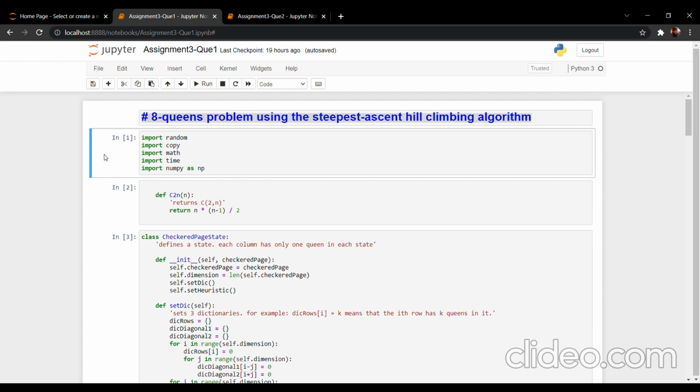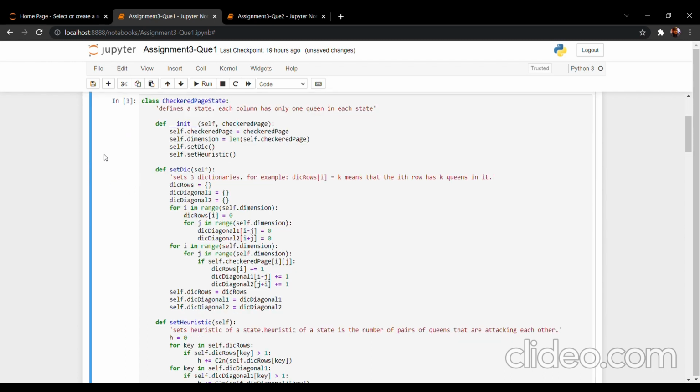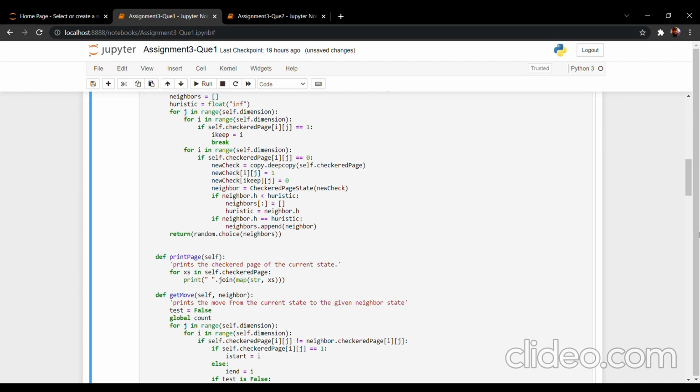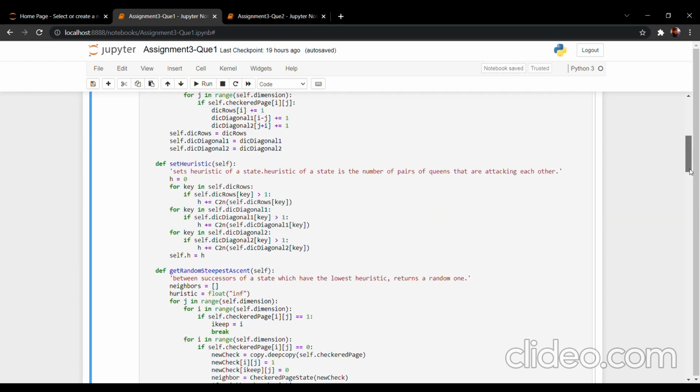implementation. So for this implementation, we have imported all the required libraries and created functions to perform all the different tasks. So let's start with the implementation, and with each of the functions. This function, set disk, will give us the result of how many queens we have for a given row. It will be calculated, and then the next function we have is the state heuristic function, which will